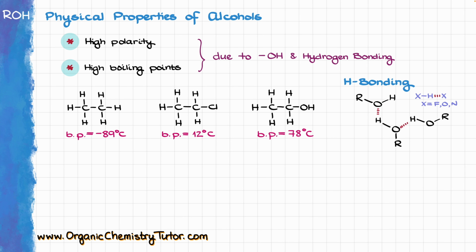And although I do have a dedicated tutorial on hydrogen bonding, I'm going to remind you here really quickly that the hydrogen bonding exists between the hydrogen which is sandwiched between two electronegative elements like fluorine, oxygen, or nitrogen. So alcohols can be both hydrogen bonding donors and hydrogen bonding acceptors. And as I've mentioned, if you need a refresher, I do have a tutorial on that too, so I'll leave